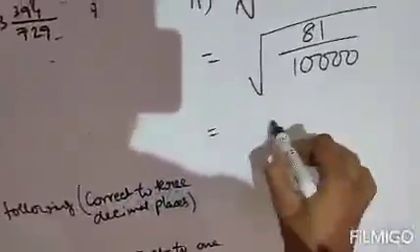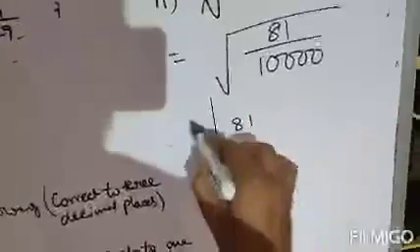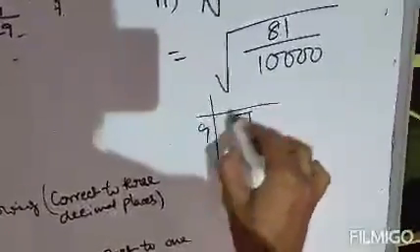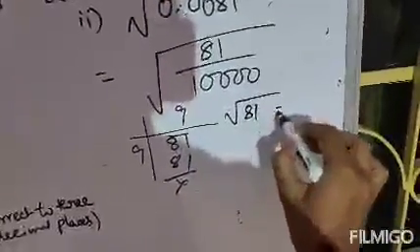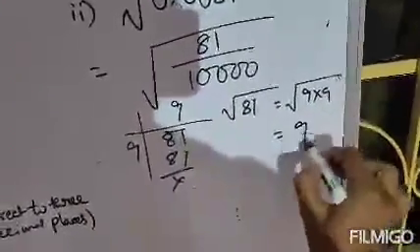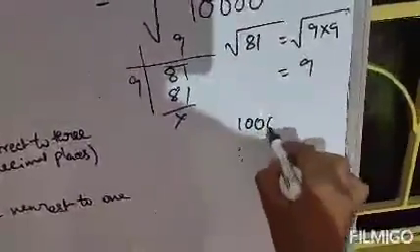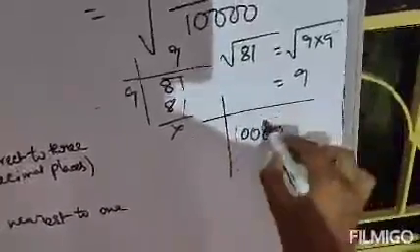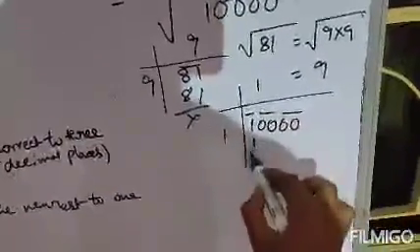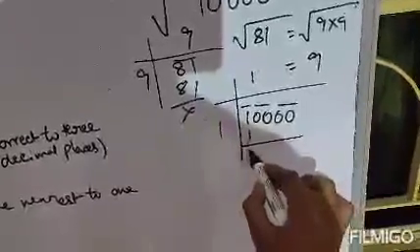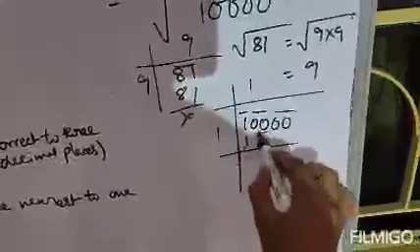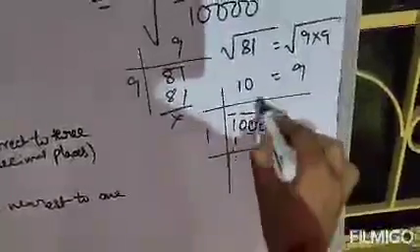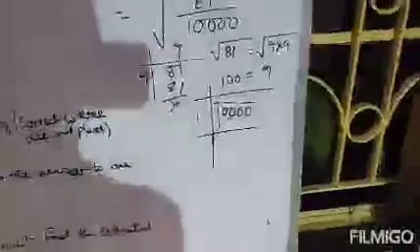If we find out the square root of 81, 2 numbers, that means 9 9s are 81. That means the square root of 81 will be 9. Clear? Next, find out the square root of 10,000. Now 1 1s are 1. So this is 0. Clear? So between these two zeros, only 1 0 will go upwards, and between these two zeros only 1 0 will go upwards. That means it is 100.